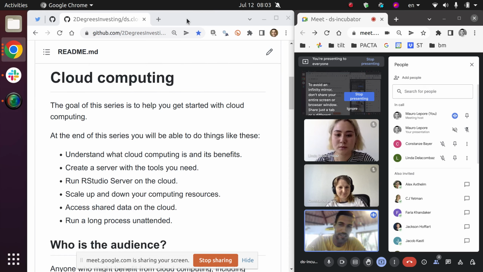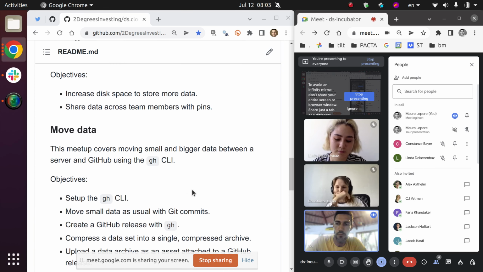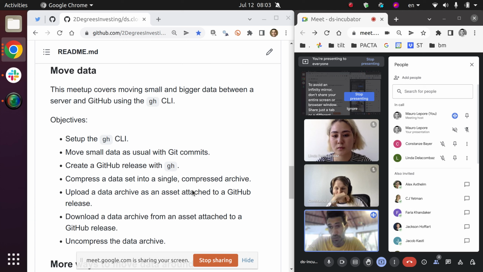We are still on the series about cloud computing, and today we're going to be talking about more ways to move data. Last time we talked about moving data in a kind of special way, basically using GitHub as an interface, like moving data from whatever you have, either a server itself or a container running inside that server, and then moving it to GitHub, and then from there you can move it to your local computer. So using GitHub as an intermediary,